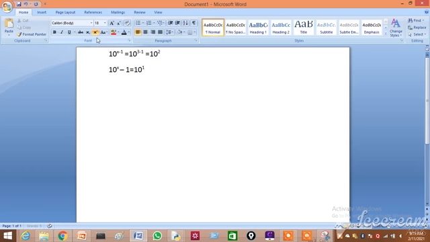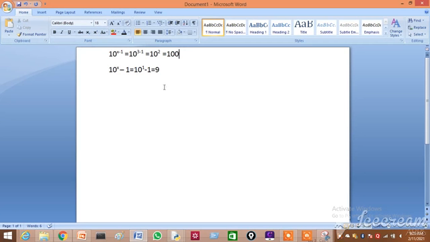Then minus 1. So here my range will be 9, and here 100 will be my range. So by means of this formula you are going to calculate the upper limit and lower limit.